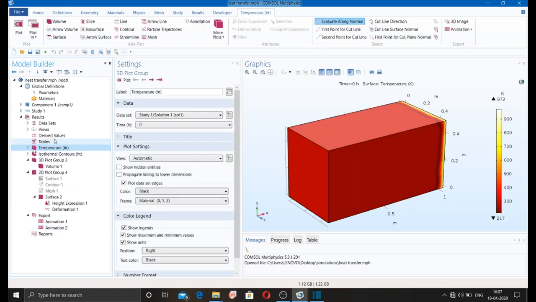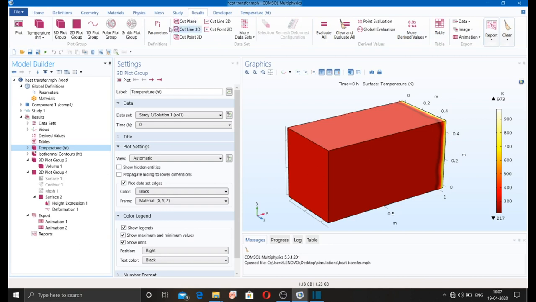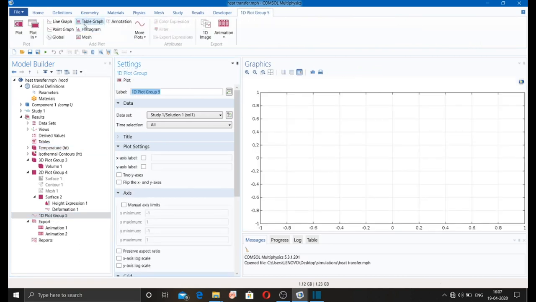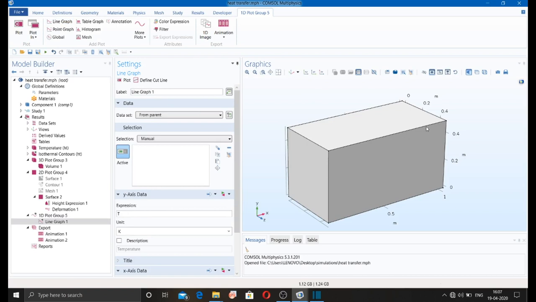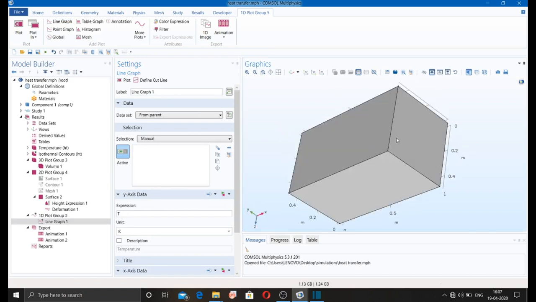If I want to draw a 1D plot, for that I have to go to results, then go to 1D plot group, and I'm just selecting line. Whatever kind of line you select.